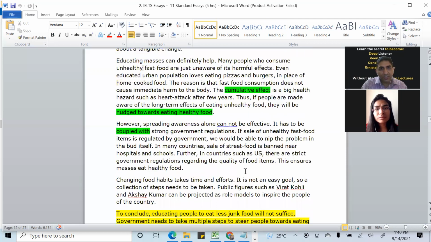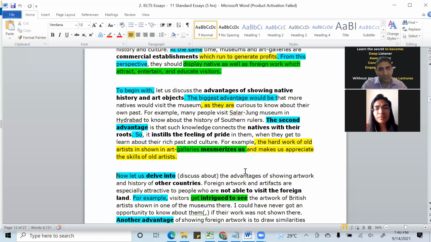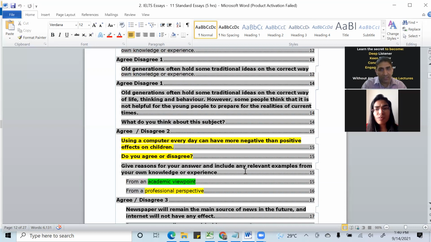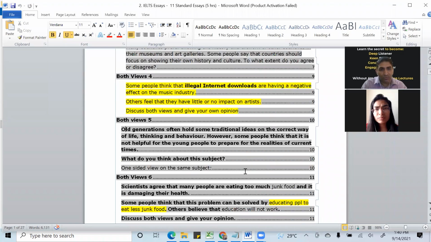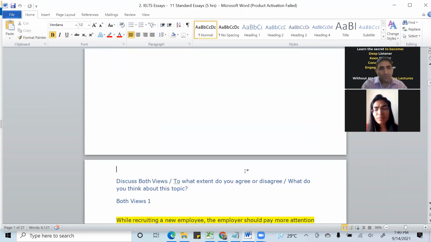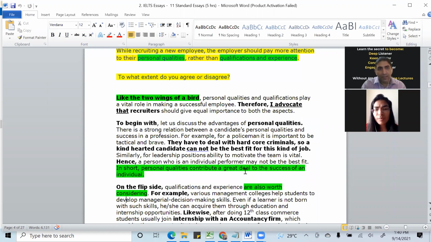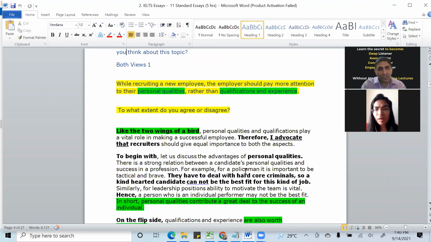So that is what this document has done. If you look at the initial division of essays, all these essays are divided into different categories. The first few essays are discuss both views. Now, how to use these essays as a way to learn? Irrespective of the nature of the topic, you can use all these phrases in your writing. What I'm trying to say is, learn all these phrases,